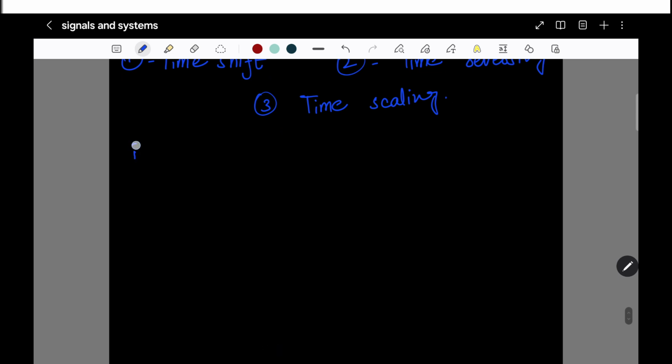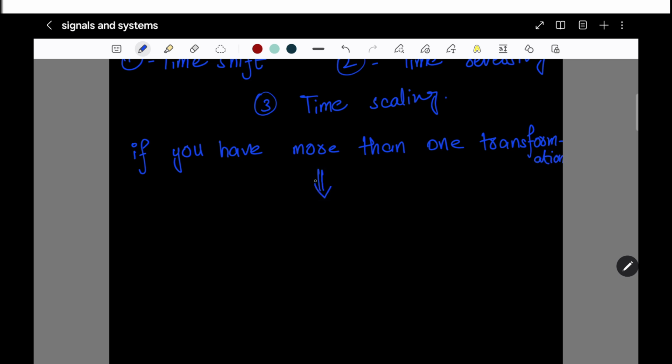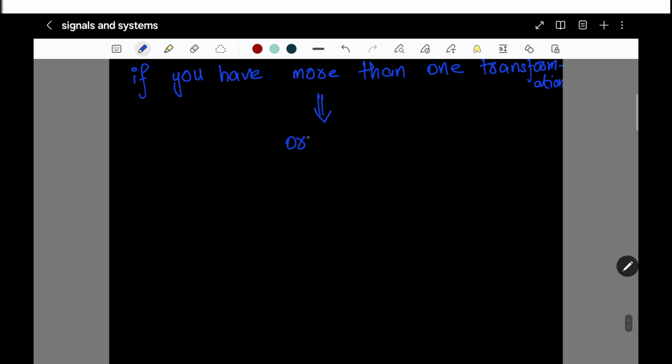So if you have more than one transformation at a given time, then the order of doing the operation is very important,